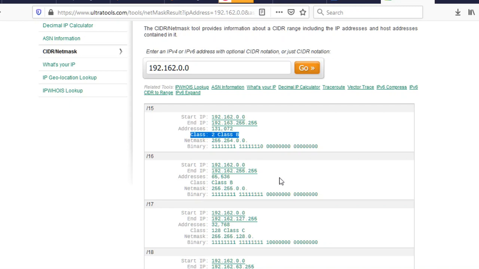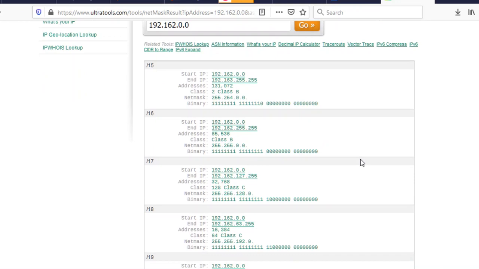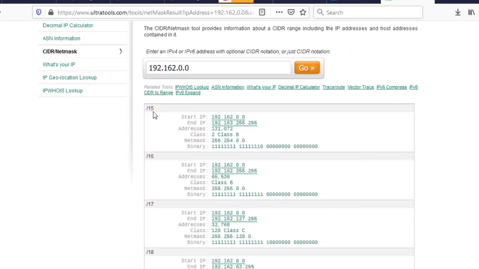Okay. Right. So now class B. If you look carefully to justify what we are saying, look at it here. See, all these are 1, all these are 0. That's what it meant when they are telling you class A is 0, class B is 1, 0. This is what they're telling you. Okay. So now if you look carefully for /16,